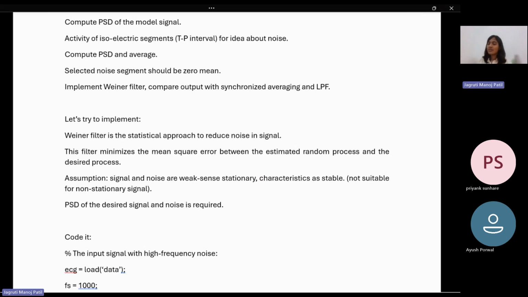But there again, for non-stationary signals, we saw when we were learning about them, analyzing and processing them, that we can differentiate or take two parts of this non-stationary signal as quasi-stationary and quasi-periodic, and then process them. So that was how we were processing the non-stationary signals as well. So when taking the PSD, we essentially take the PSD of the desired signal and the noise signal. Okay,